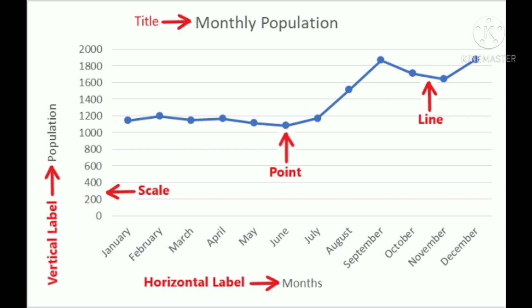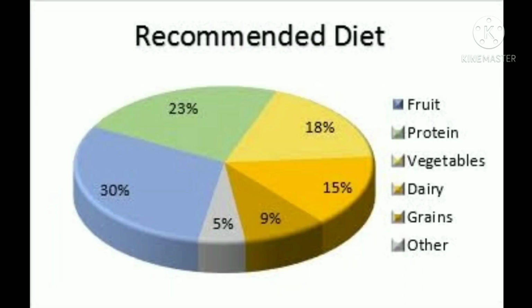Now see, this is the pie graph. This pie chart we will use to represent data. This is the way you have to represent data. But in this lesson we are going to concentrate mainly on bar graphs, that is nothing but column graphs. So your bar graphs will be like this.